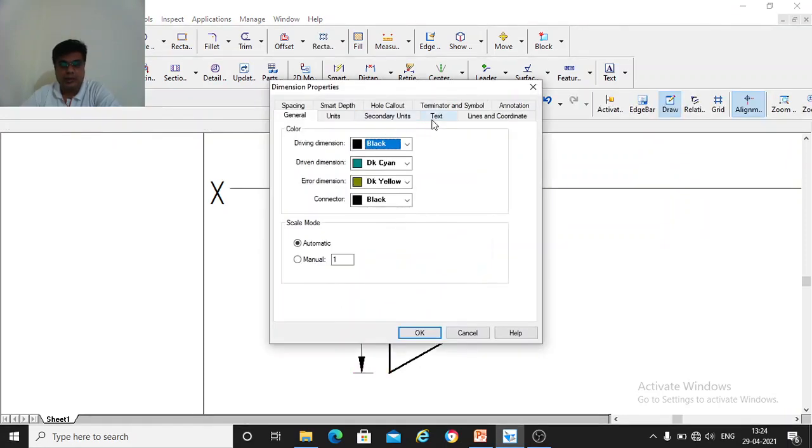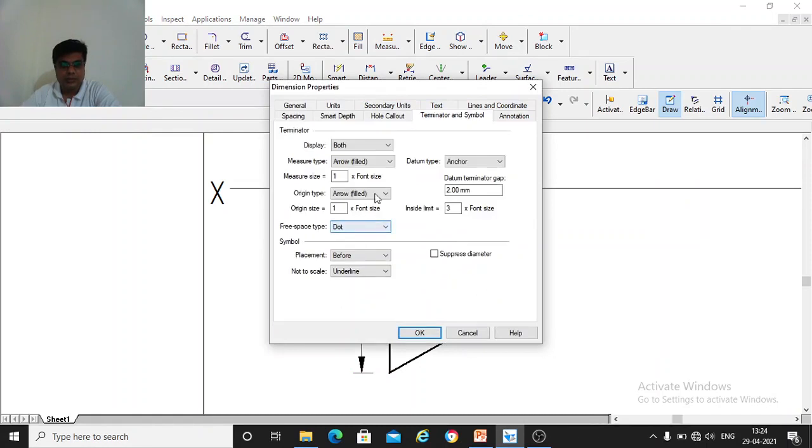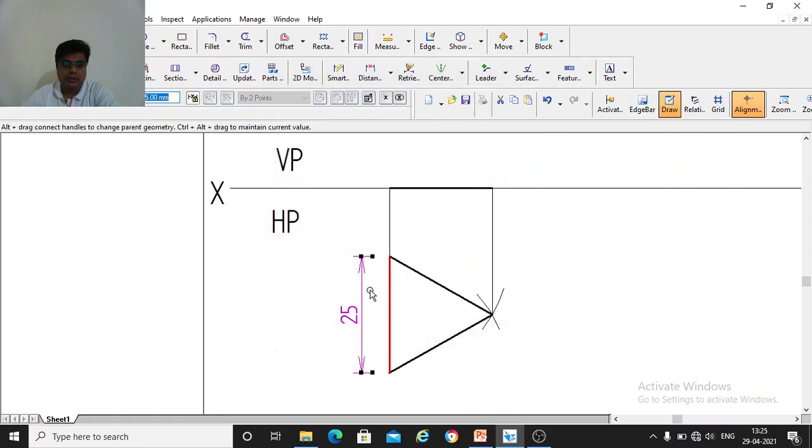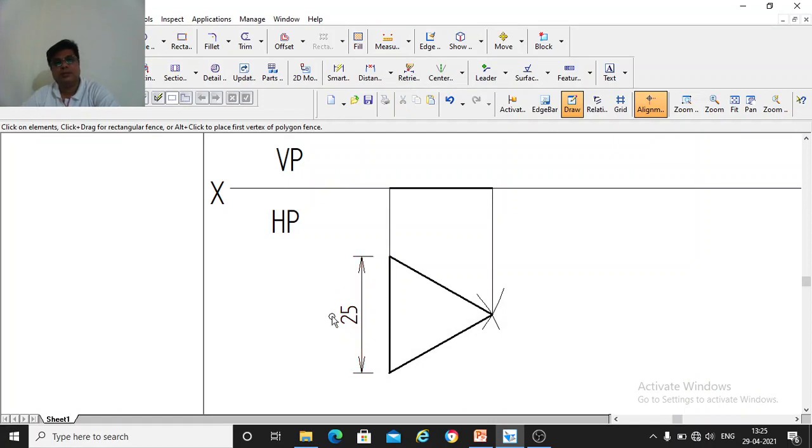You can keep the arrow marks hollow or you can keep them open. Arrow marks you can draw like this, and this is how you have to give the dimension to any one edge of the triangle. Since all the three edges are the same, I'll give the dimension to only one edge, right?